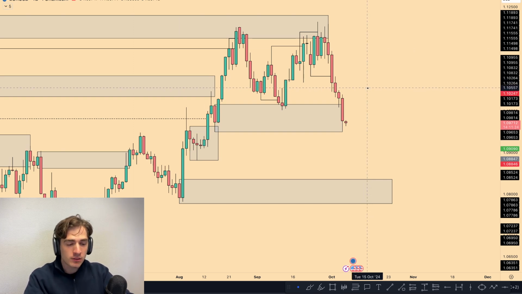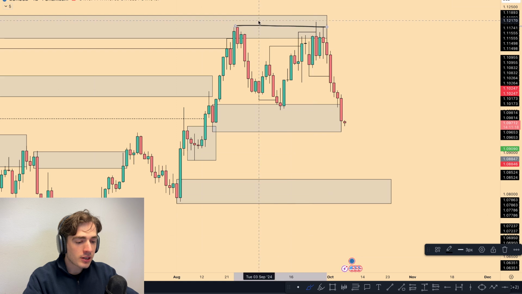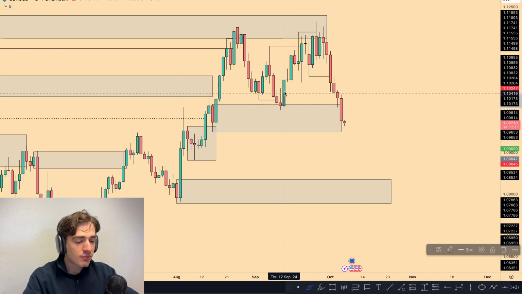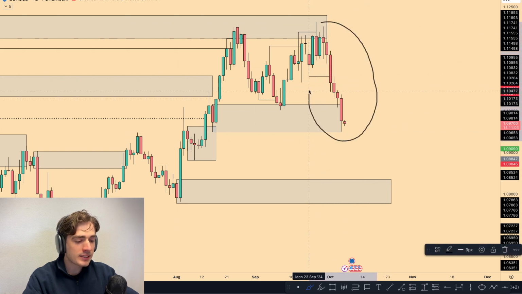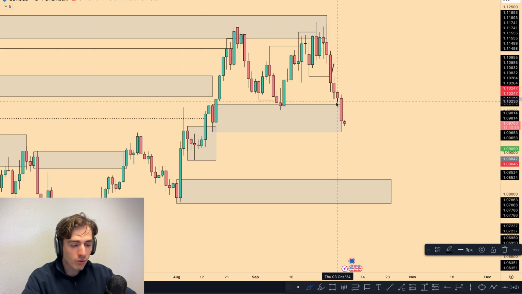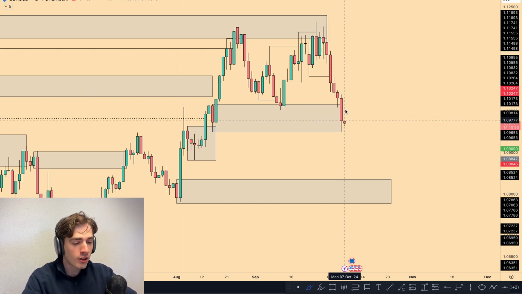Let's find out. So euro dollar, first of all, here on the daily time frame, what we can very clearly see is that after liquidating this high over here, grabbing the stop losses above it, we saw a lot of slowdown, a lot of consolidation. Then what happened is that the fractal market structure changed. So we saw a push up, we saw a pullback, we saw a push back up, and then we saw a break in towards the downside here. So we've now seen a massive overextended move here on the daily with 1, 2, 3, 4, 5, 6, and now maybe a 7th potential bearish candle here on euro dollar in a row.